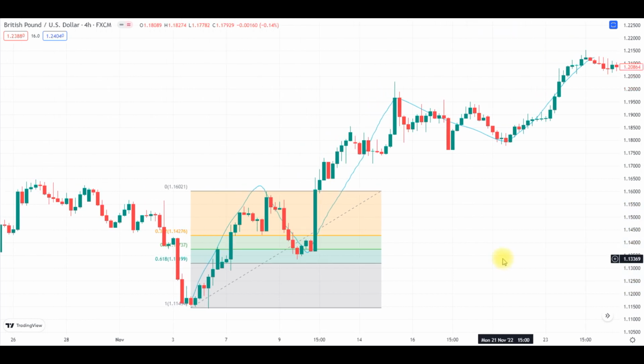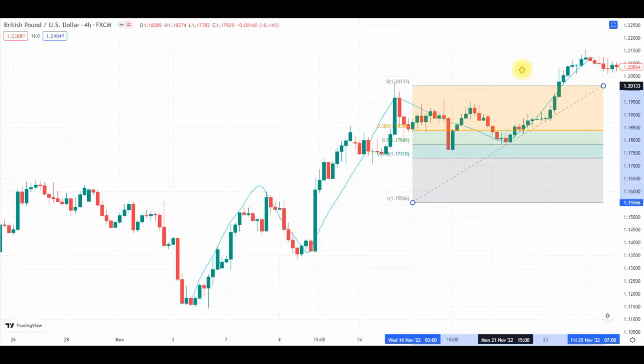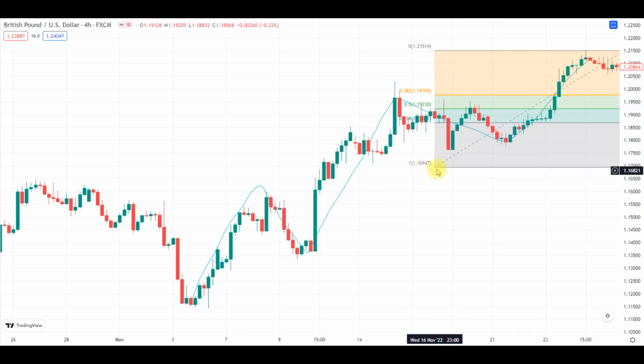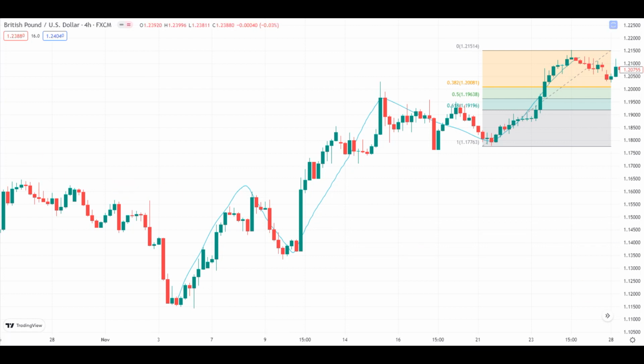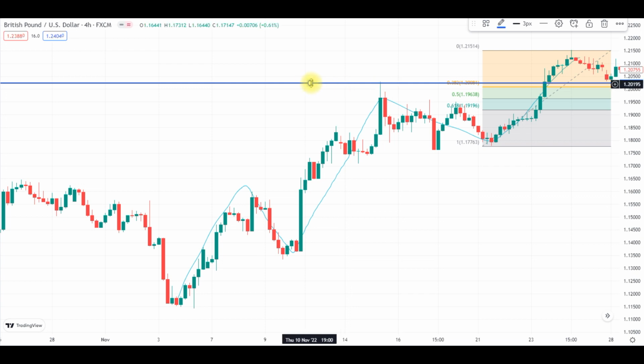So now let's have a look at a second example. We're applying our Fibonacci retracement up here, again from the last low to the last high because we're in an upwards movement, and see if there's a good entry in this scenario. So we have a resistance area over here where some people might get nervous now about already going into the